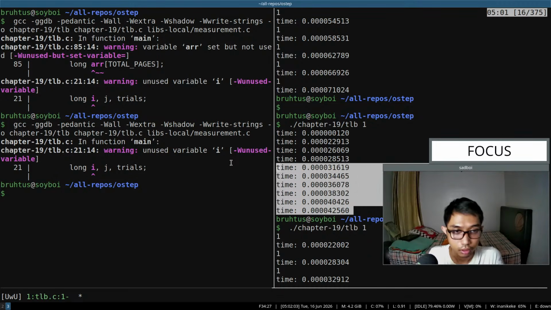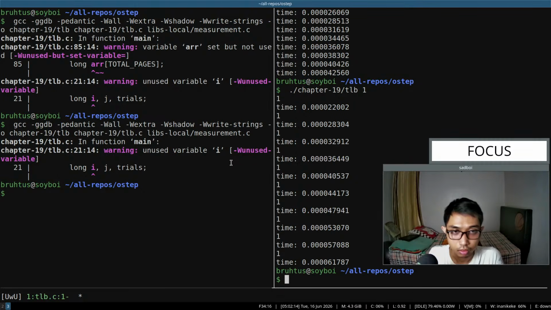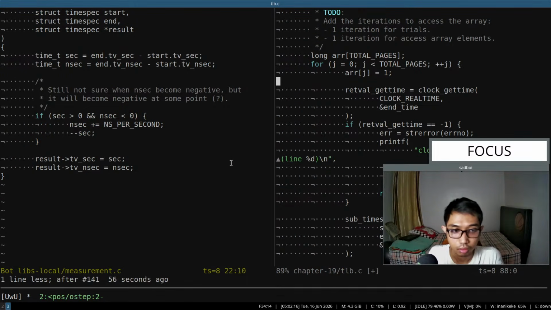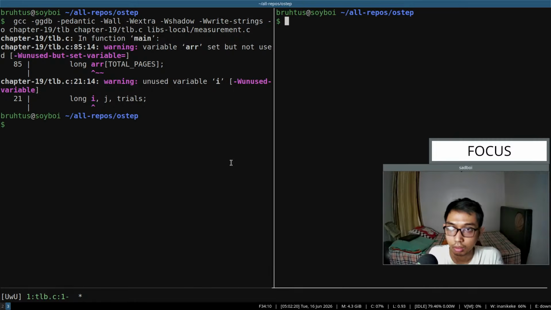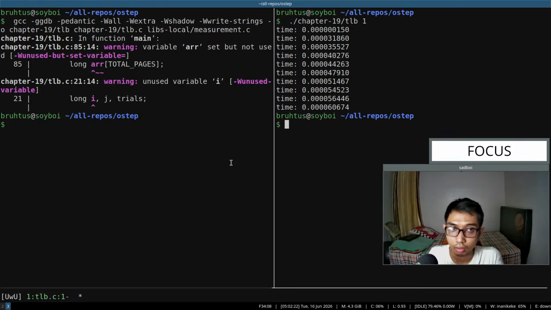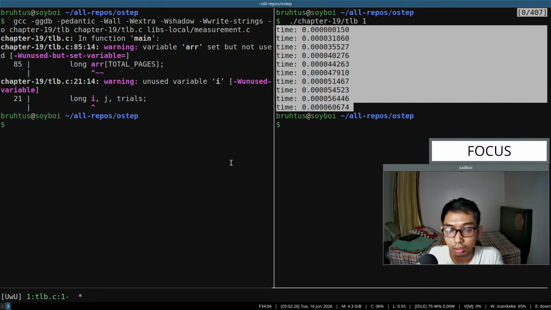Yeah, the difference is quite big. Okay, maybe this is the more appropriate example,